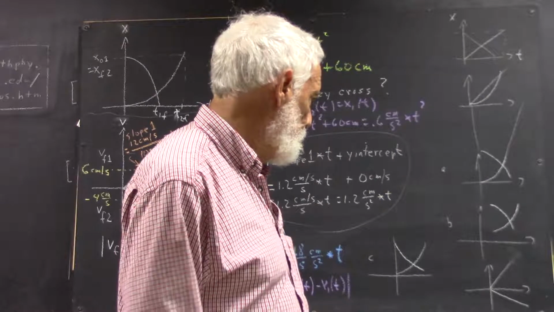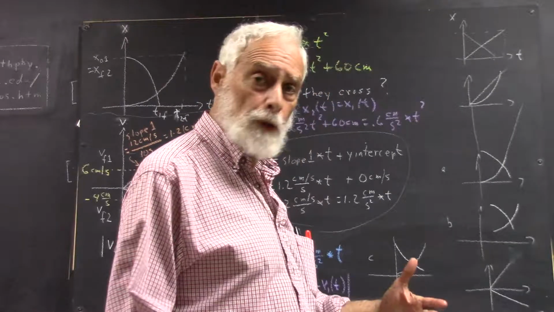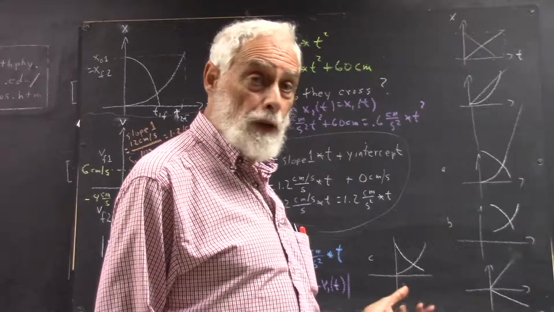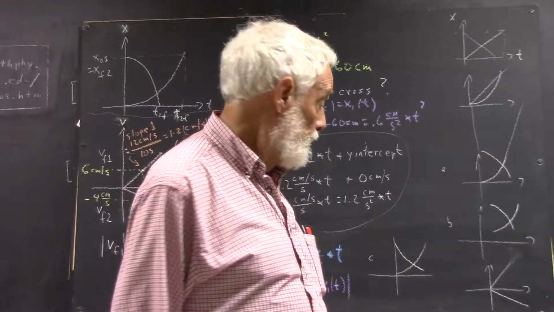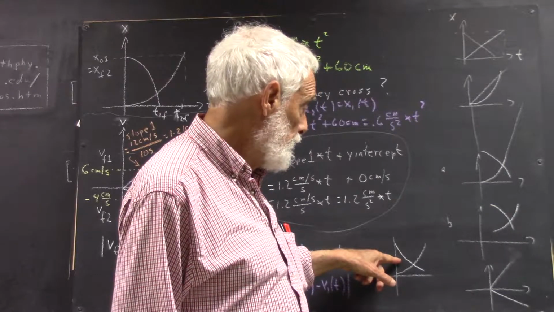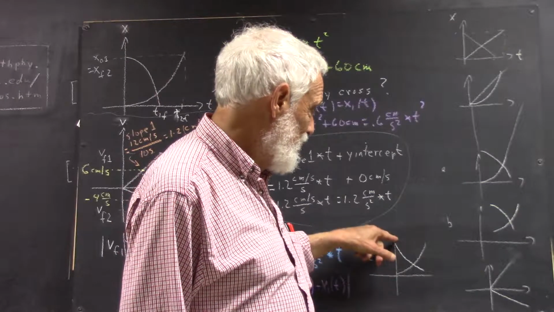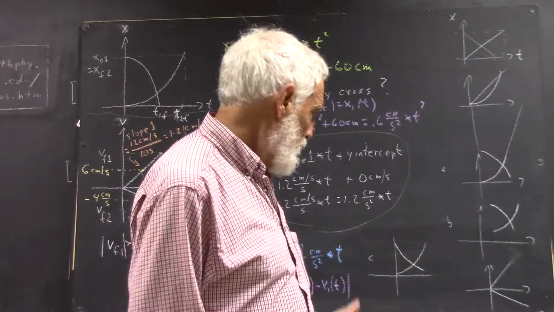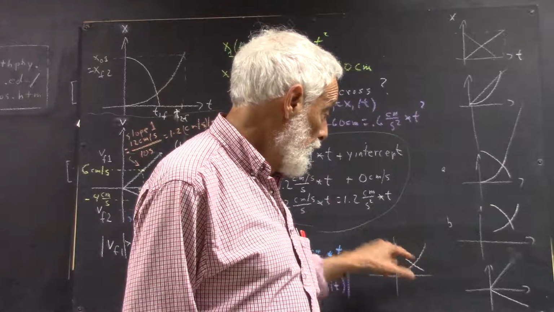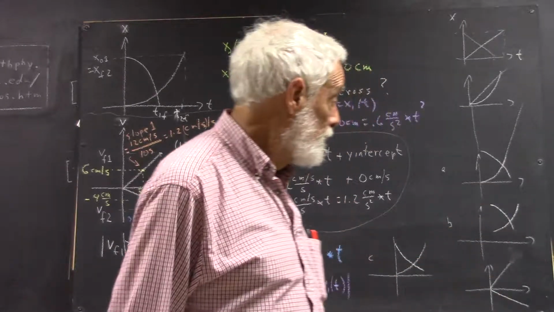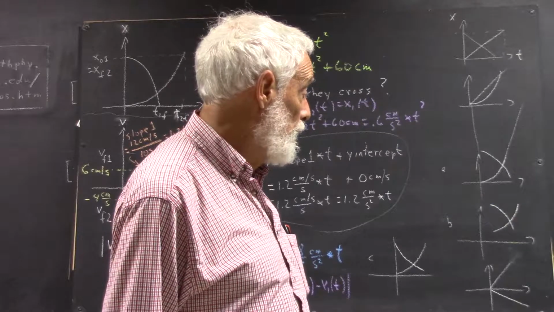So which one of these best represents the motion on the ramp? Well, on the two ramps, the ball's speeding up on both ramps, meaning both graphs should be getting steeper and steeper. So that kind of eliminates this one. It has a lot of good characteristics, but this is getting less and less steep. This would mean the ball is slowing down. That wouldn't happen. This one's speeding up, this one isn't. Okay, so it'd be one of these two. And then which one would be the one that